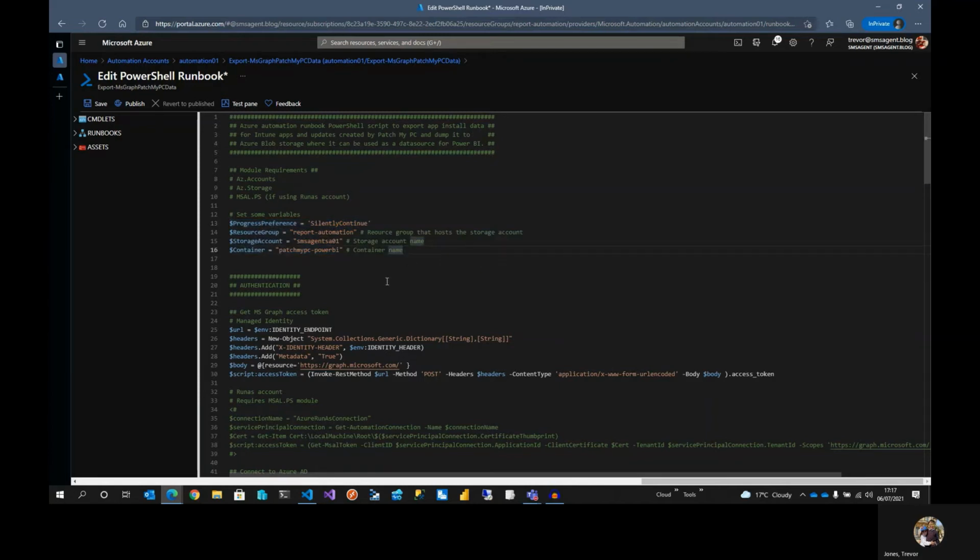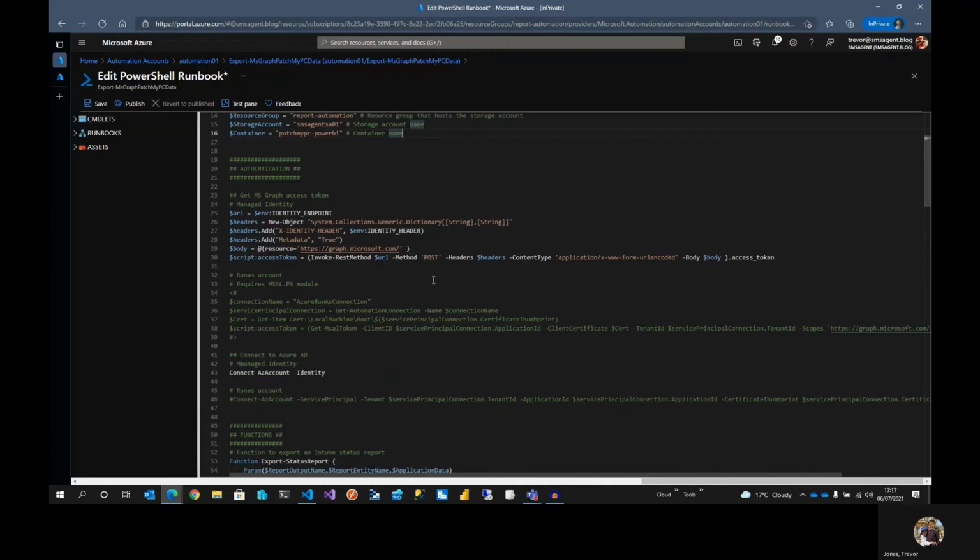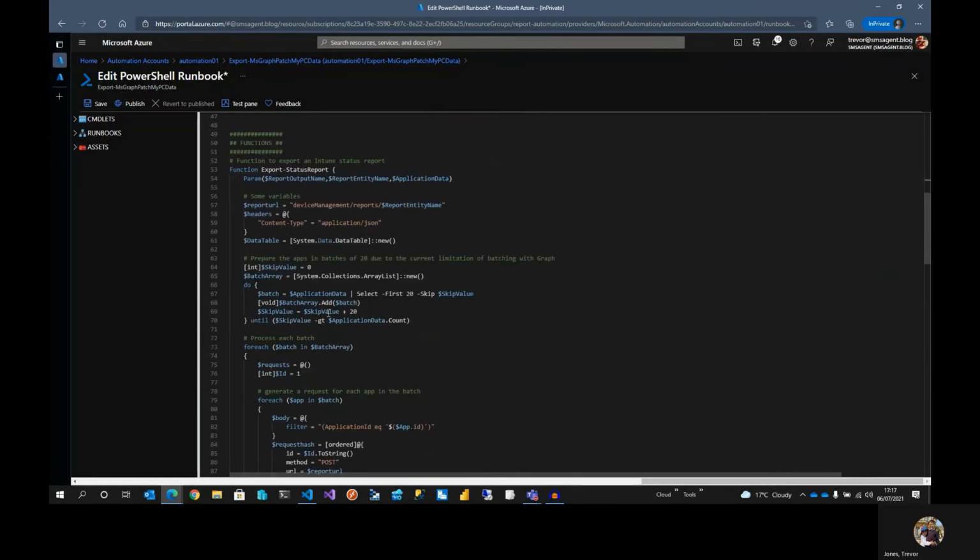The script is set up to use a managed identity, but you can also use a run as account if you wish. So if you prefer to use a run as account, then you need to comment out the managed identity sections and uncomment the run as account sections. So it's basically going to do the same thing. It's going to authenticate, get an access token for Microsoft Graph and Azure AD. So after we've done that, we